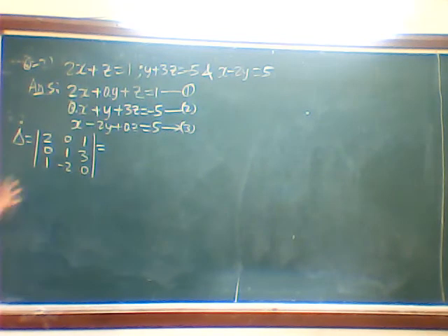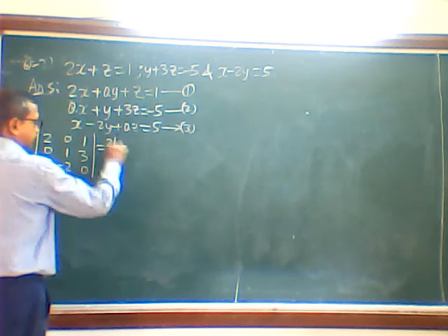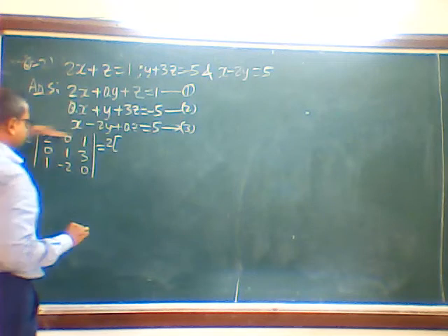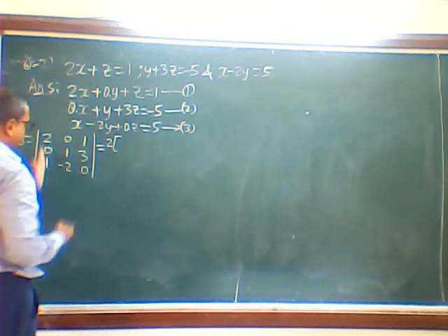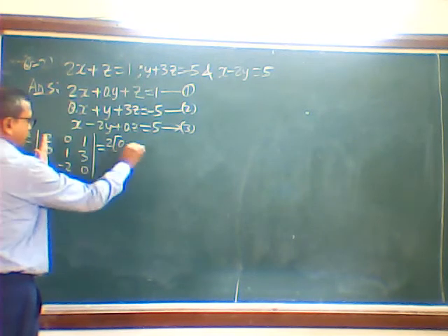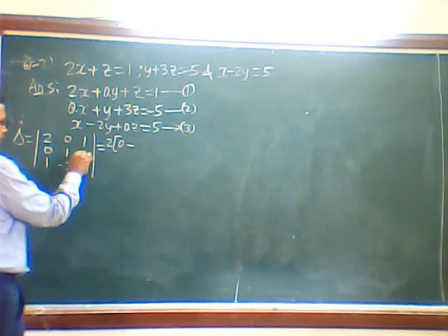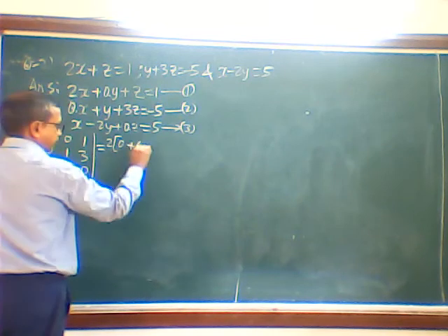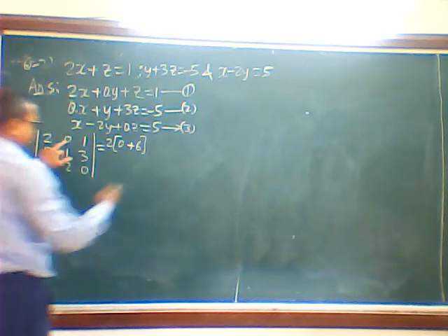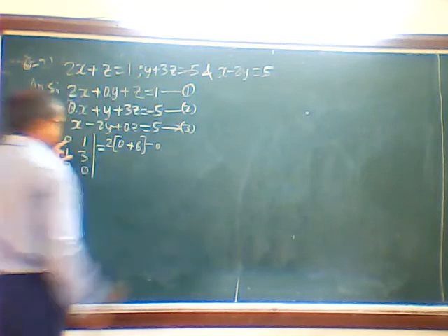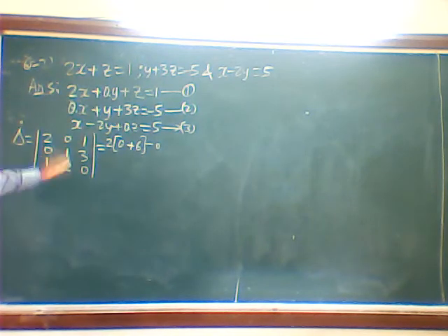Okay. Now we find delta. So 2 I have taken common. First row, first column is deleted. 1 into 0, 0 minus 2 into 3 is minus 6, minus minus plus 6. Then this is 0 only. Don't do anything with it, because afterwards if you multiply it will be 0 only.